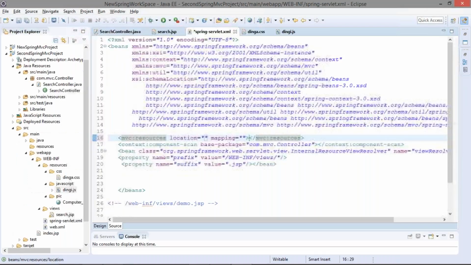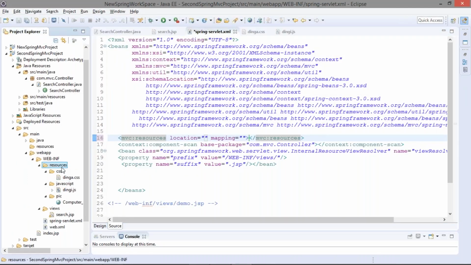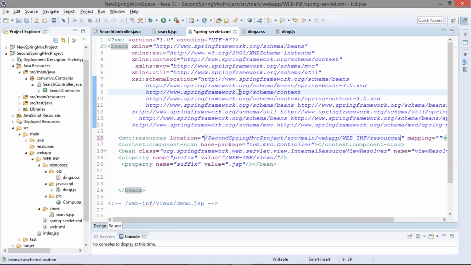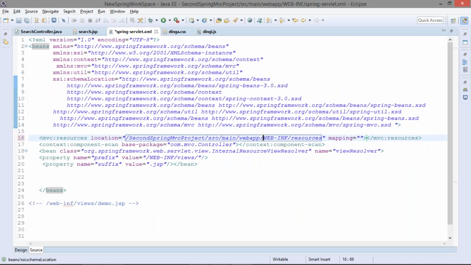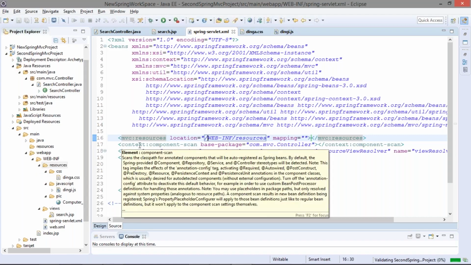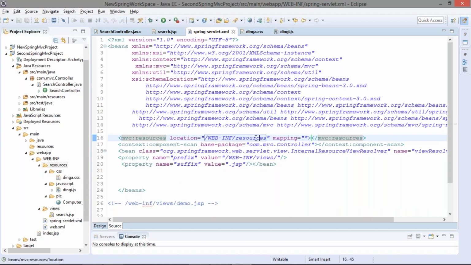So simply, I'll go back to resources and I'll copy the qualified class name. Yes, you can type as well, but that's okay. Whatever we have from WEB-INF, I'll just keep this. So guys, better you type. You can write WEB-INF and resources. So all your static files, guys, if you can see, are present inside WEB-INF, inside the resources folder. After that, if we have to go to the next folder, you will give a forward slash. Now for the mapping,